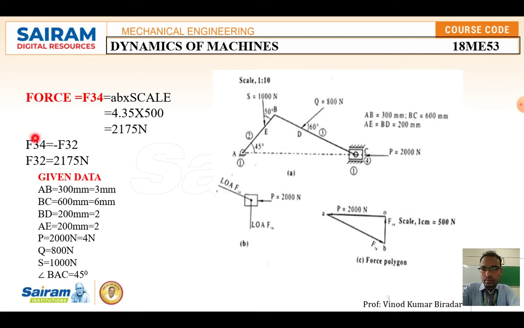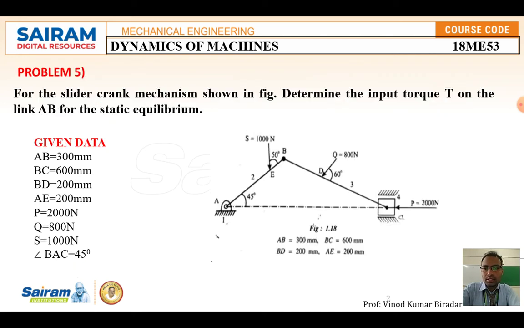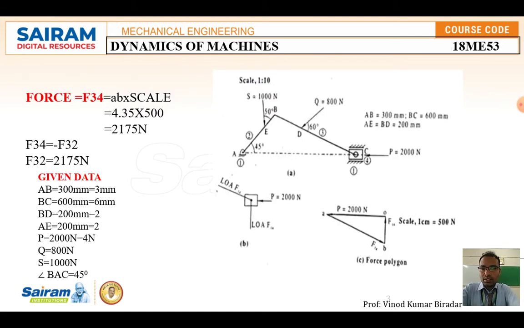But it should be in the opposite direction. So F34 is equal to minus F32, which is equal to F32. It is acting in the opposite direction, minus indicates that. So F32 is equal to 2175 Newton. Now you calculate the F32 or F34, both have the same values but in equal and opposite directions based on the two forces condition. So once we calculate this,